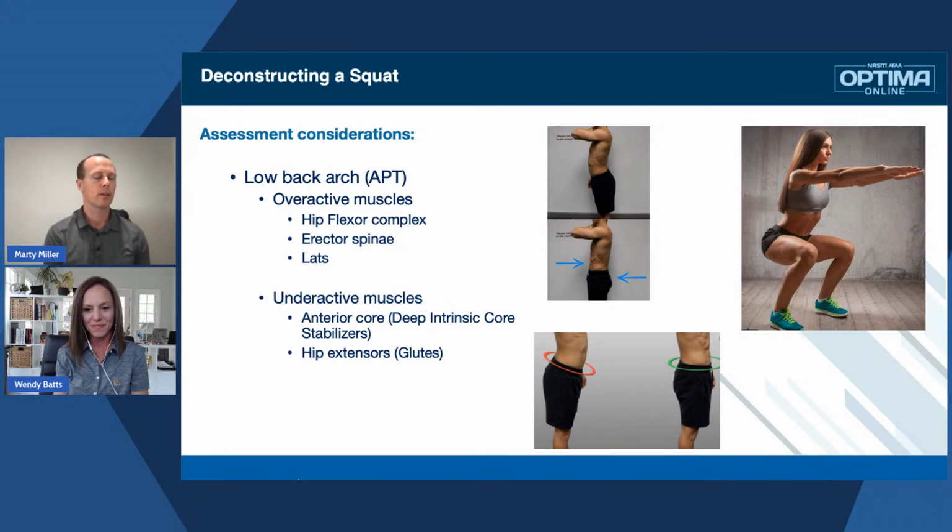Yep. And that's where, with every one of your clients, we're going to be working on some type of hip work as well. So that's why you'll see us always having bridges or our squat to rows in there to get those glutes firing the right way. Absolutely. And loosen up those hip flexors, especially the psoas that connects to all the lumbar spine. When that one is super overactive and you don't get any kind of length, then it really is hard to get someone to cue or get out of this anterior pelvic tilt. Yep. So some different exercises to think about, some coaching cues that we'll discuss next